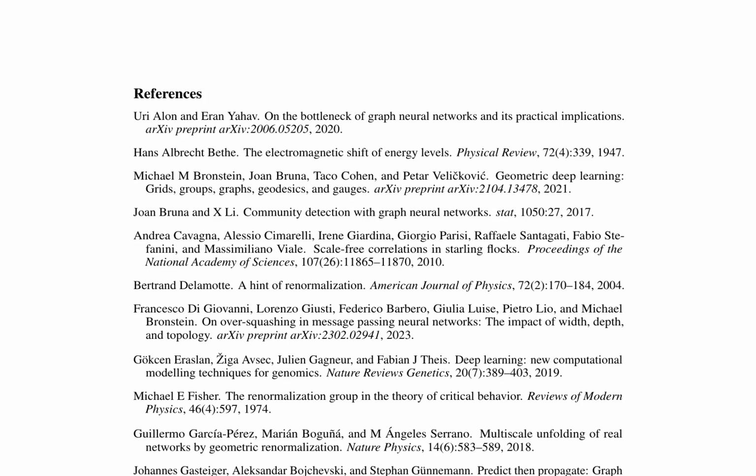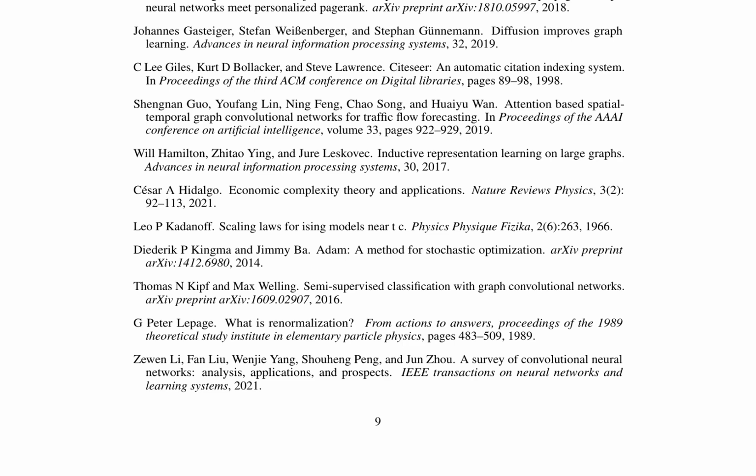The paper presents a comprehensive overview of the current state of graph neural networks, GNNs, focusing on their limitations and potential improvements. It begins by discussing the concept of oversquashing, which refers to the phenomenon where GNNs fail to differentiate between nodes in a graph as the number of layers increases. This issue is attributed to the bottleneck in the GNN architecture, where the network's ability to propagate information is limited by its depth. To address this problem, the authors propose a new perspective on GNNs through the lens of geometric